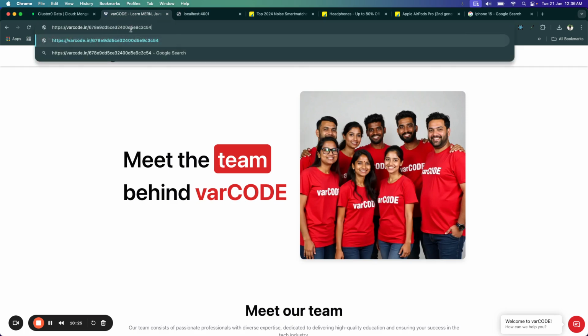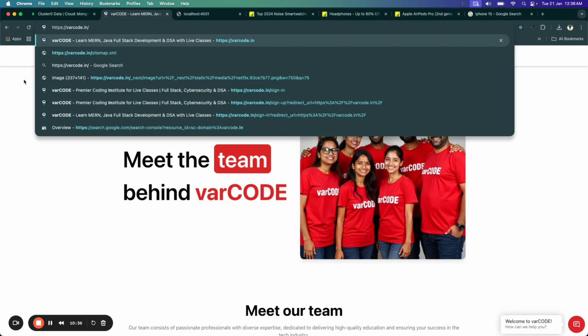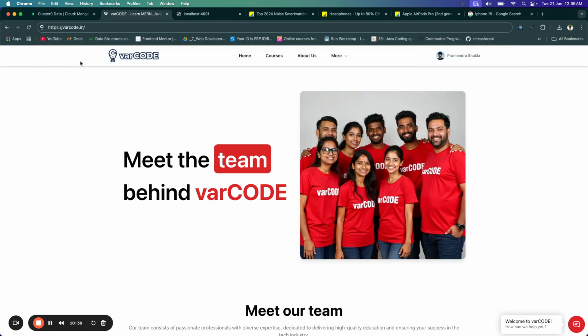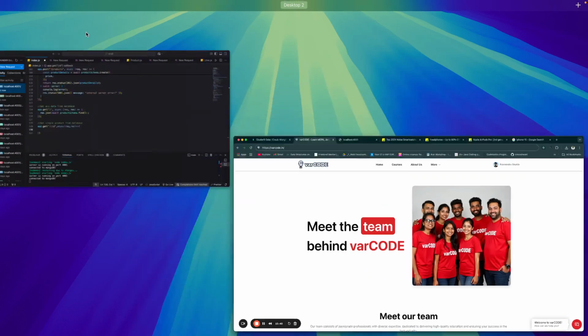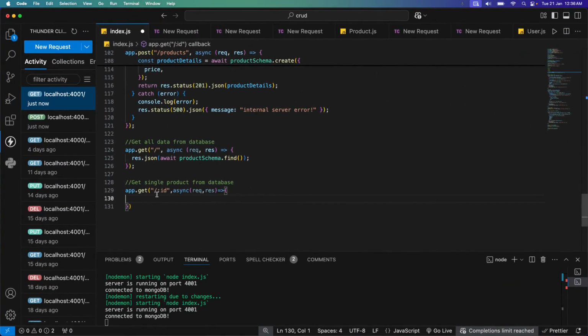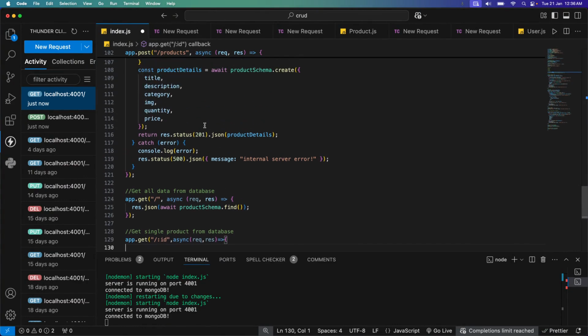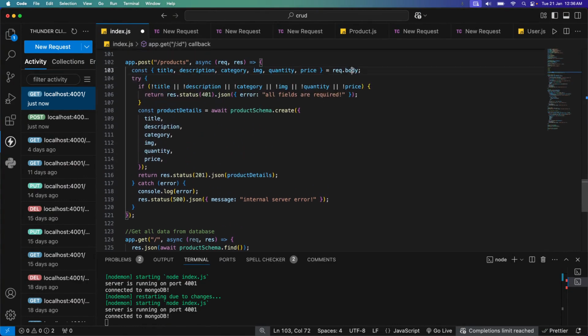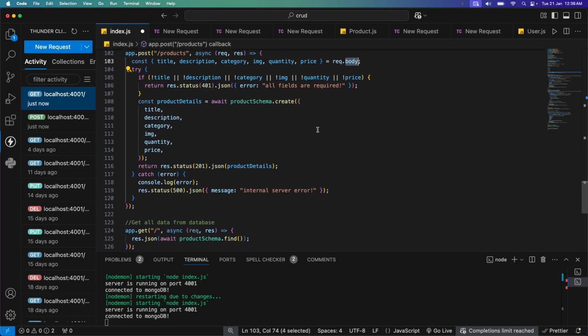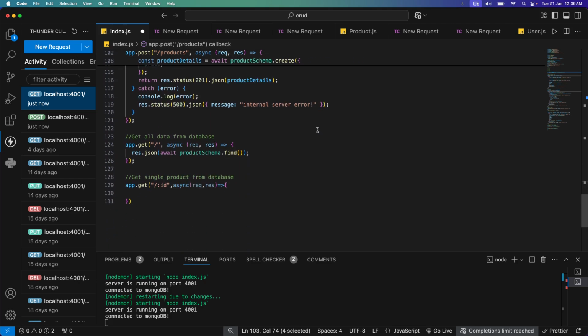We are going to get this unique id from the url, and then we are going to pass this id inside MongoDB to get the product, right? So to get the product, we need to do these things. How to fetch the endpoint of any url? You need to go for request.params. As you saw earlier, we were using request.body before, to get all this data in the JSON format. If you want any endpoint of the url, you need to do